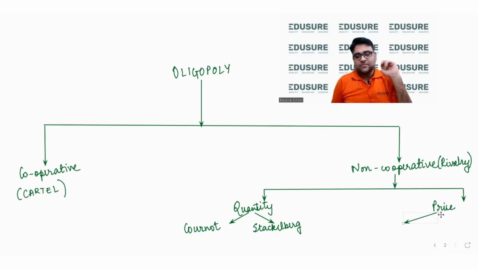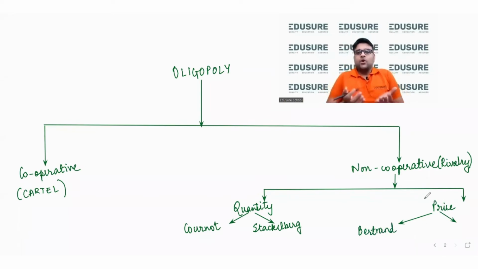Price rivalry, again, two price rivalries can exist. First one is where no firm is larger than the other. So that is the case of the Bertrand model. An apple to apple comparison of price rivalry with all firms being equal is a Bertrand competition. Under the quantity, the same thing is the Cournot model, where all the firms are equal. And the other one is the